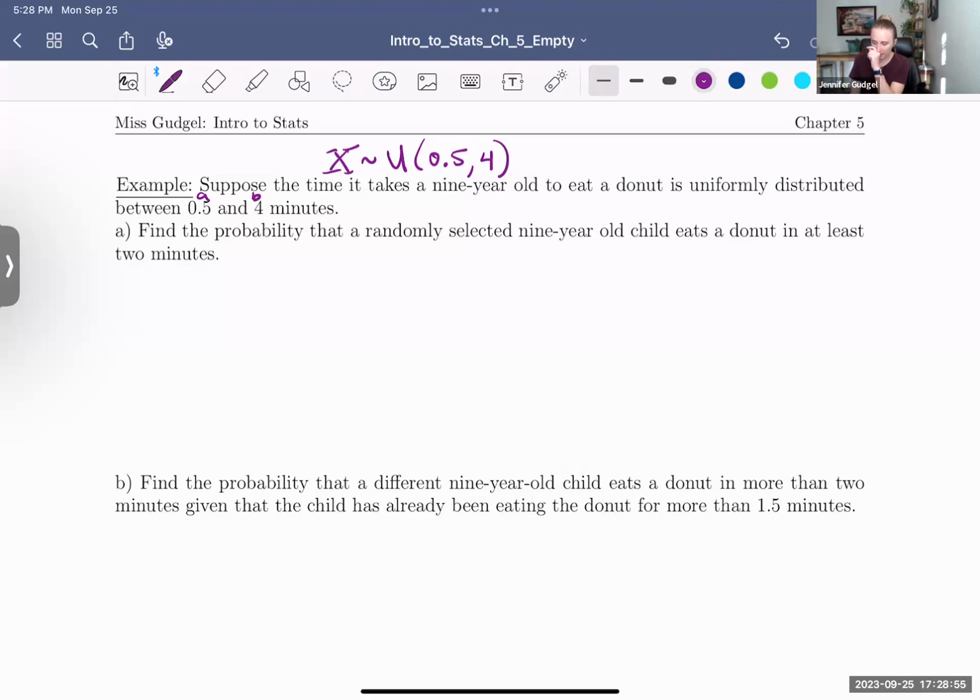Find the probability that a randomly selected 9-year-old child eats a donut in at least 2 minutes. I can't stress enough that you're going to be asked to write the probability statement mathematically. So for us, that's P of what? The probability a randomly selected 9-year-old eats a donut in at least 2 minutes. So I'm just comparing the random variable to the number 2 here. There was no between. And when we say at least, what kind of inequality is that? Is the random variable x bigger than 2, smaller than 2? Can it equal 2? Here when we say at least, 2 is the smallest number, meaning the random